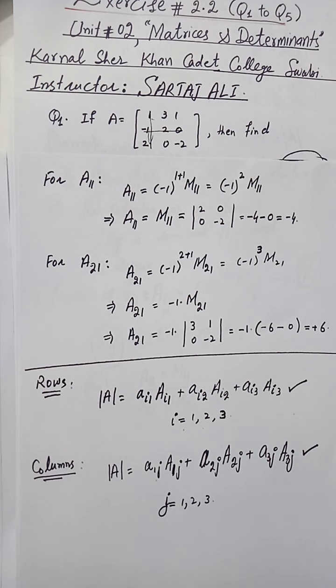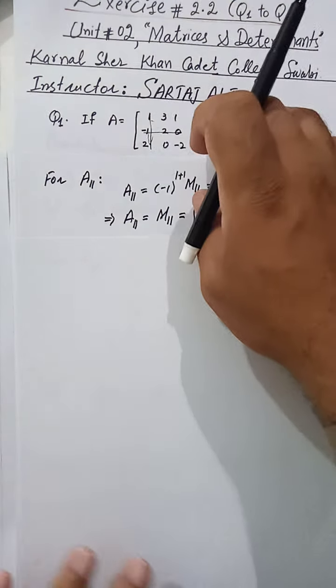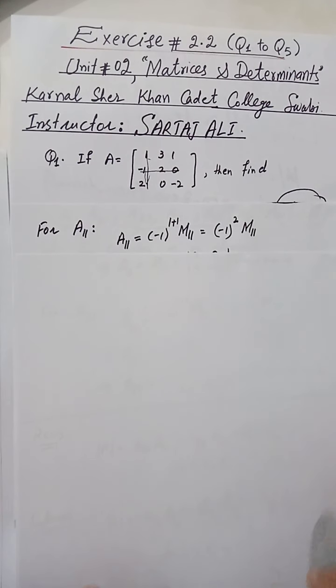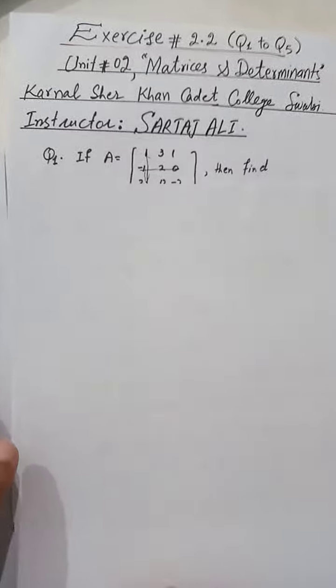So the best possible way is to take the row or column in which the number of zeros is maximum. So I will use the second column. You can use second column, third column, second row, or third row, because there is a 0. So I am expanding,